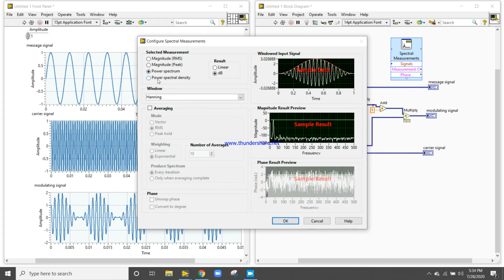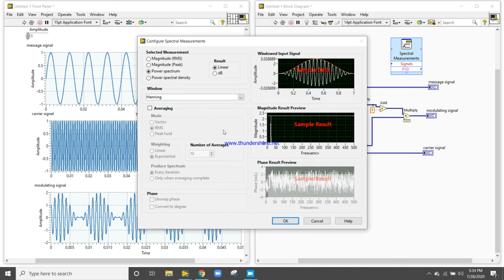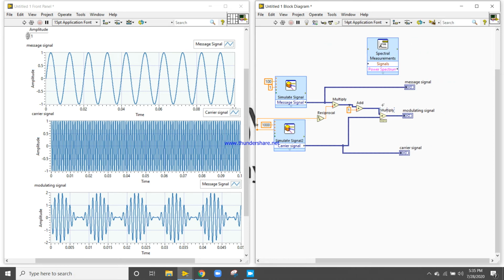I want to take this one, power spectrum density, linear. No, it is not good. Try the spectrum. Okay, let's connect this modulating signal with our spectrum.